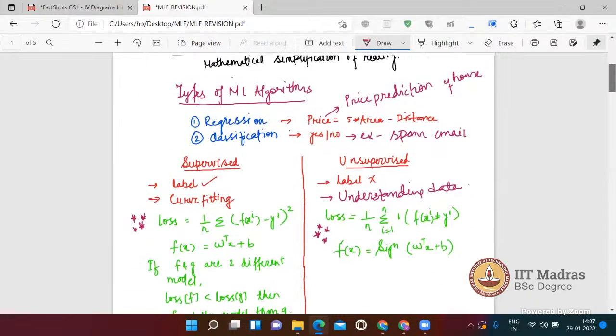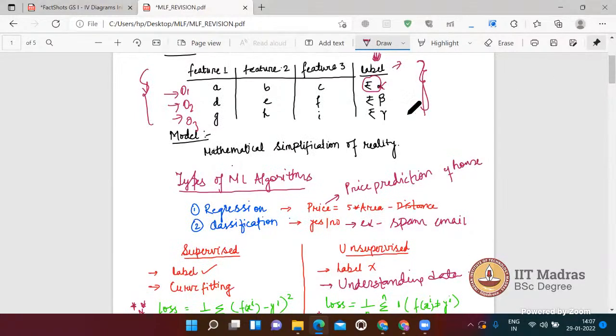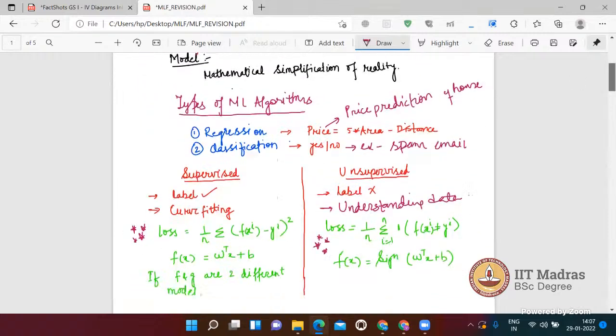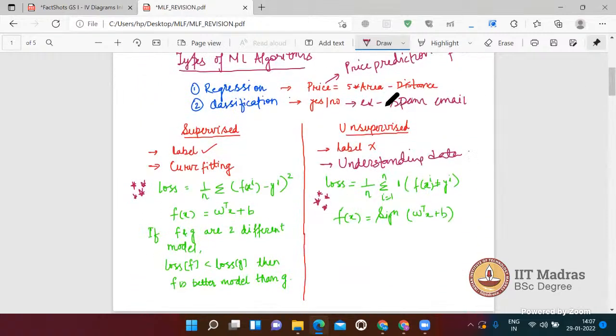And in supervised learning, mostly the data you will go through will be under supervised learning itself. So you'll have the ground truth value, the final value on the basis of features. That type of data will generally help us in developing supervised learning. Okay, so this supervised one is simply a curve fitting kind of learning.